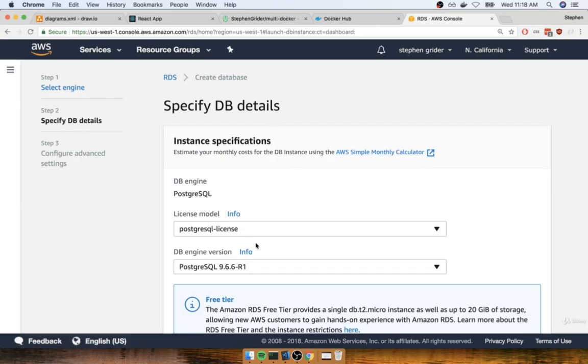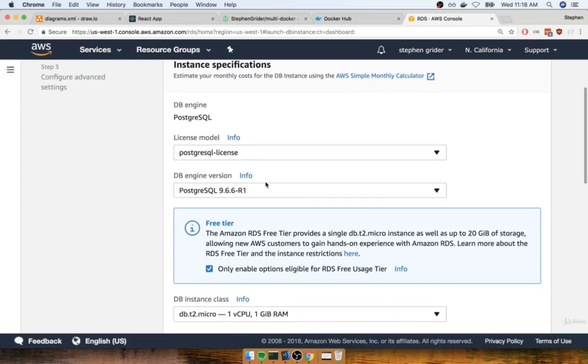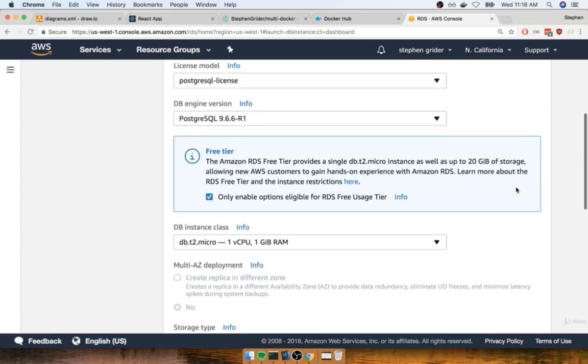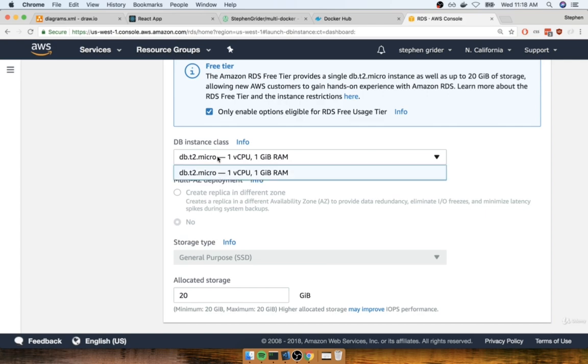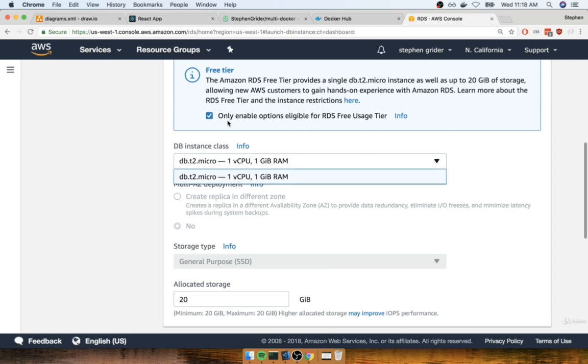And then we get asked to enter in a couple of details. So if you wanted to change the default version used, you could do it right here, but the default version is totally appropriate for us. You can then go a little bit lower and find DB instance class. Because we checked the option to only enable options eligible for the free usage tier, the only class that we get is this T2 micro, which is essentially a